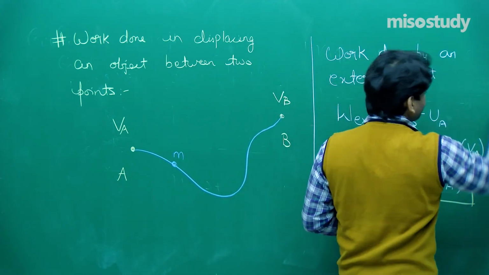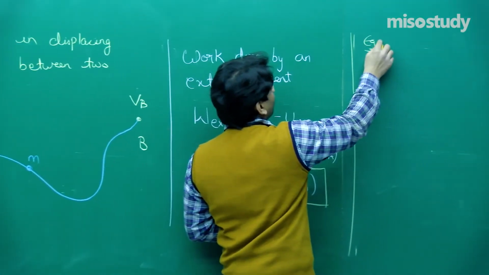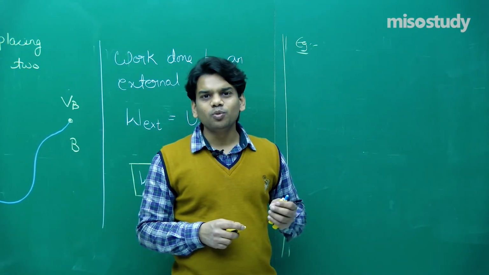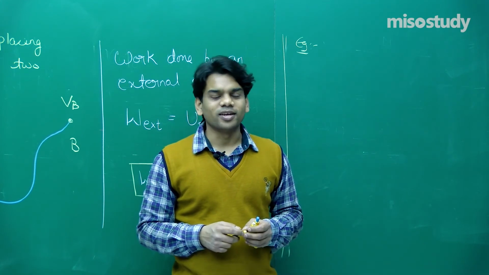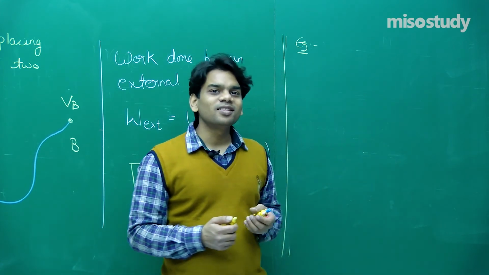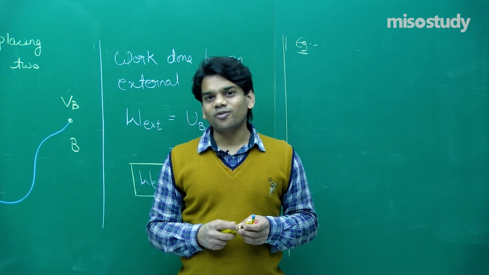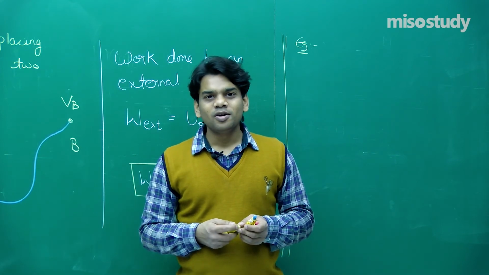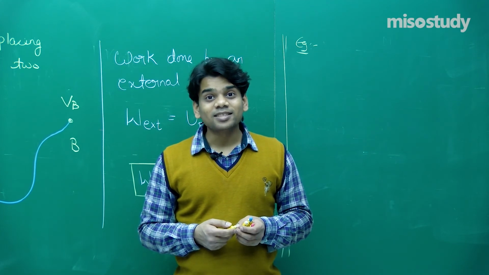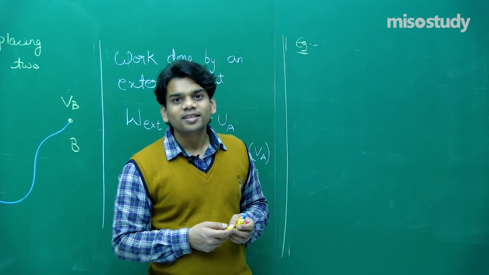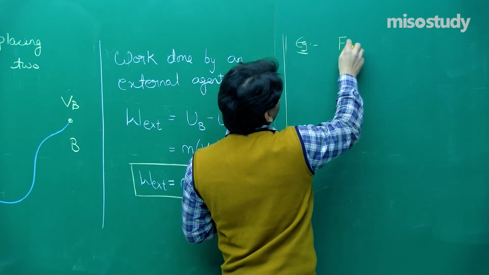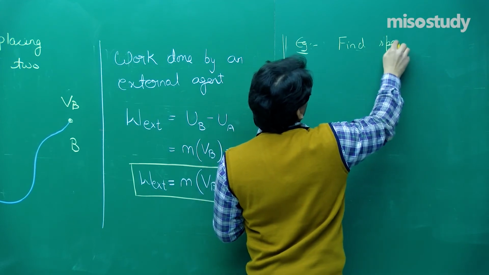Suppose you are given a small mass m, which is able to move on the axis of a uniform circular ring. Now it has been asked, if the object moves under the influence of the gravitational force of attraction, what will be its velocity on reaching the center of the ring when it is left from a distance of 3r, where r is the radius of the circular ring. So find the speed, we have to find this.